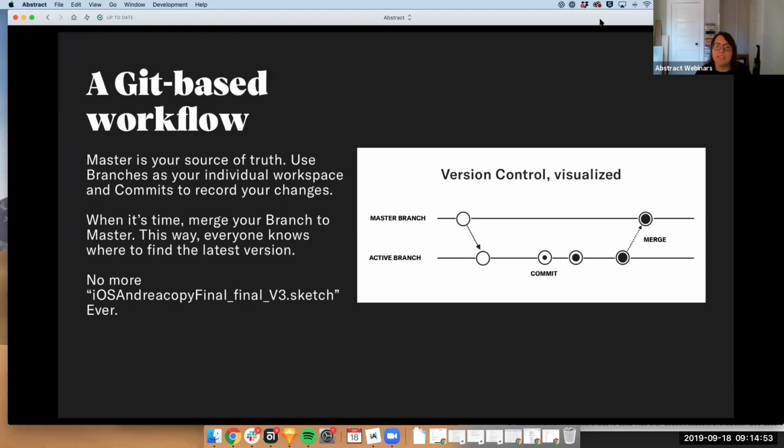So we see commits as explorations, and I'll get into that in a second. And then once you're finished with your changes, you take that to review with your other stakeholders. Everybody gives you thumbs up, you're a genius. And then you can merge that back in to the master. So that's how you edit the master. All right.